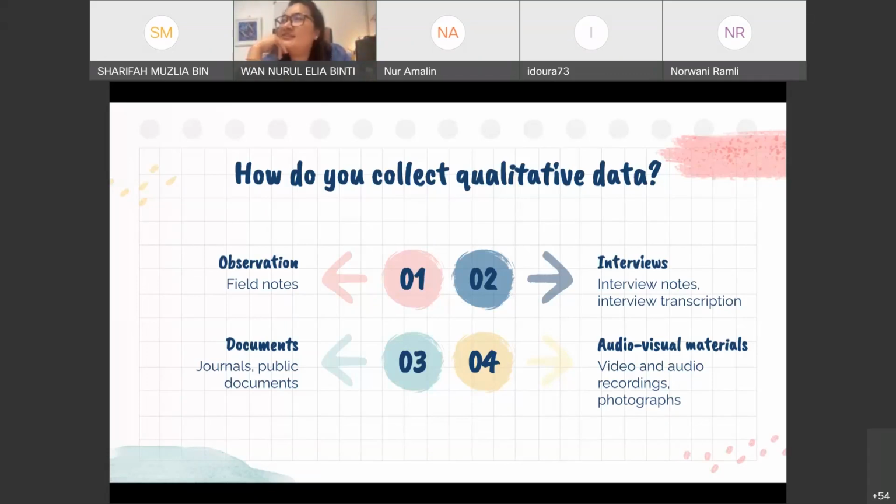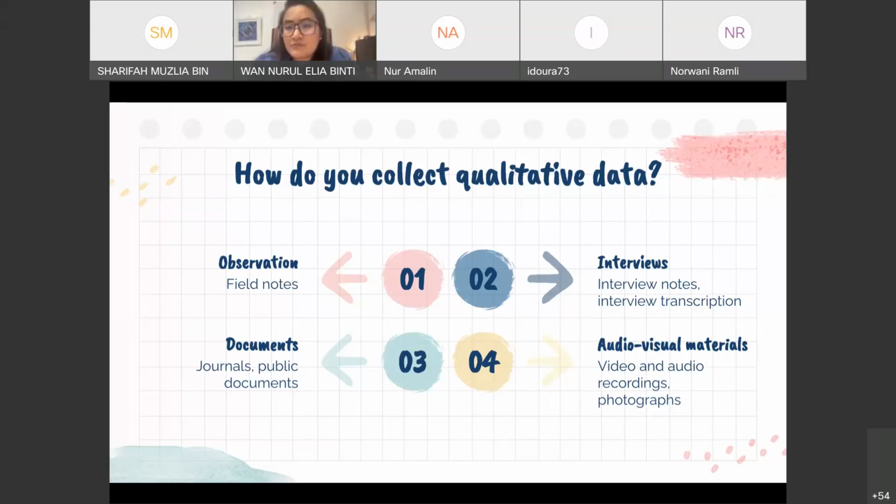So of course you don't just observe and daydream and then just look around. That's not what we do in observation. So of course when you do observation, there must be some form of field note that you collect while you are observing the class, right? You might want to note down the teacher-student interaction. You might want to note down the classroom activities. You might want to note down on the teaching approaches. So what is it that you look out for? What is it that you write down in your field notes will be determined by your research question and your research objectives.